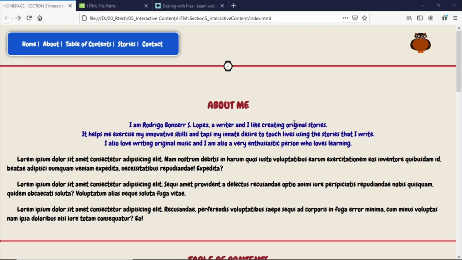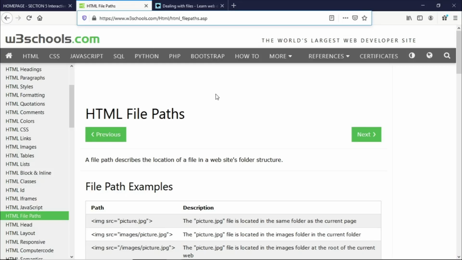Okay everyone, so in this next lesson we will talk about the different file paths that we can use in HTML, or how we can organize our files inside of our document. I have already opened the two documentations here, the two resources that we usually use,